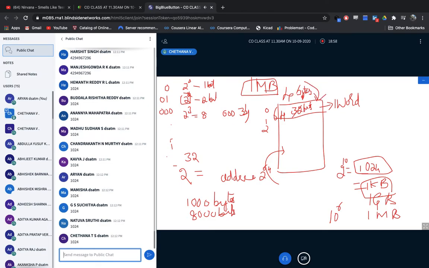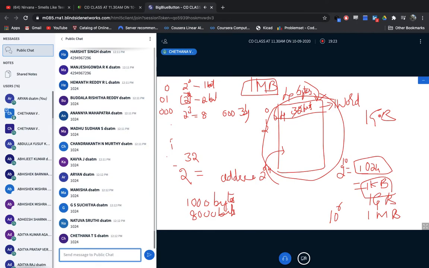So what's the capacity of your memory? It is 1 MB. If all the complete data I'm going to keep inside the memory, how much data? Only 1 GB. What does 1 GB mean? That is the capacity of your memory. So this will hold only 1 gigabyte of data inside the memory. That's the only capacity.